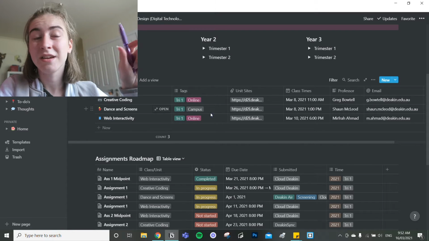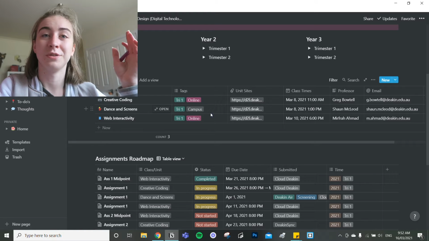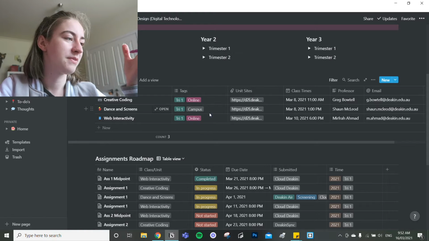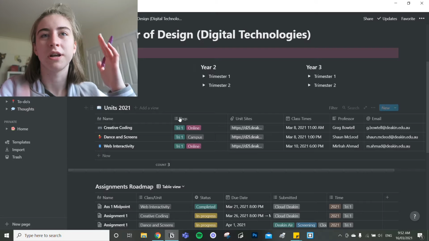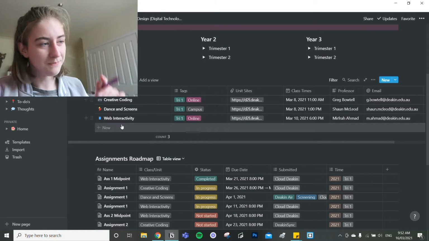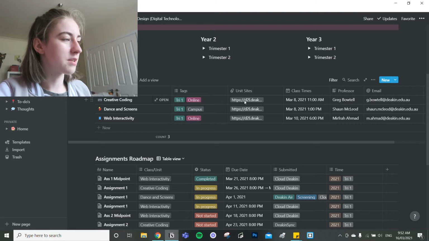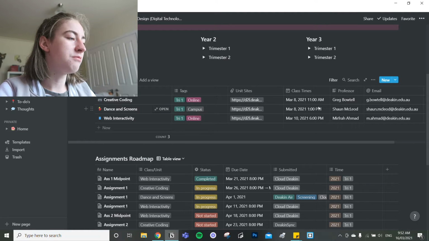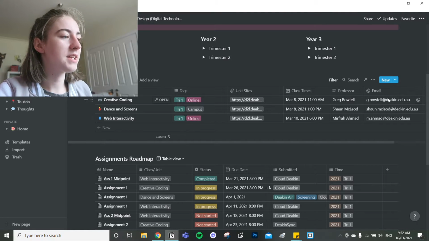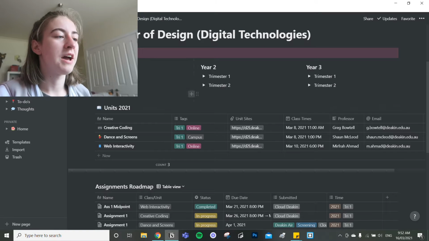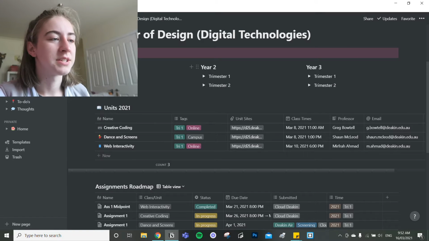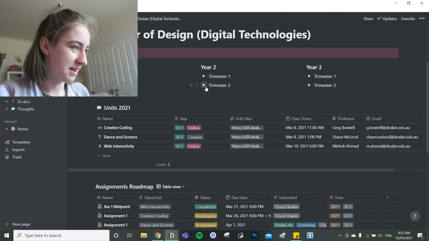I don't have to delete any of them, but I can filter them out, so when they're in progress and when they're complete, I can hide or show them, respectively. So I have the name of it, the tags, the unit sites, the class times, the professors, and emails.